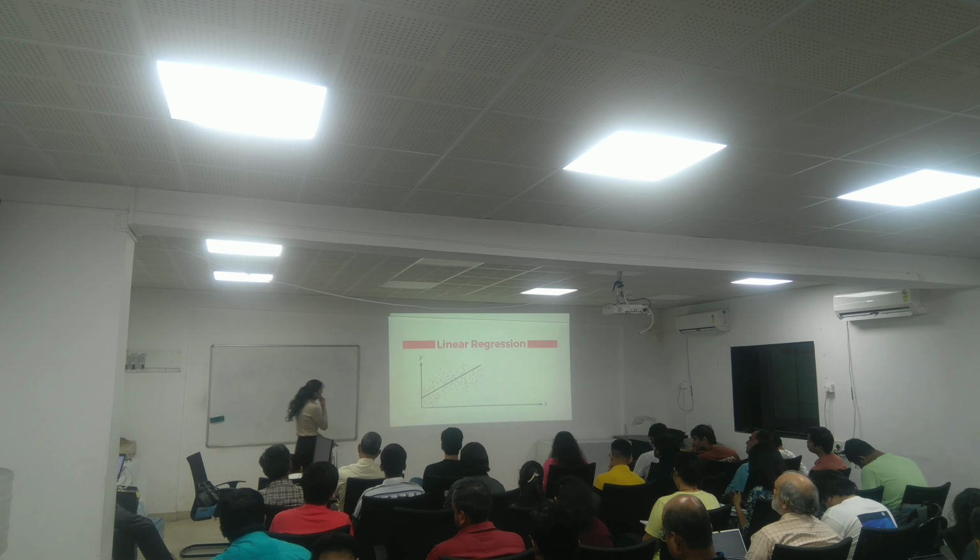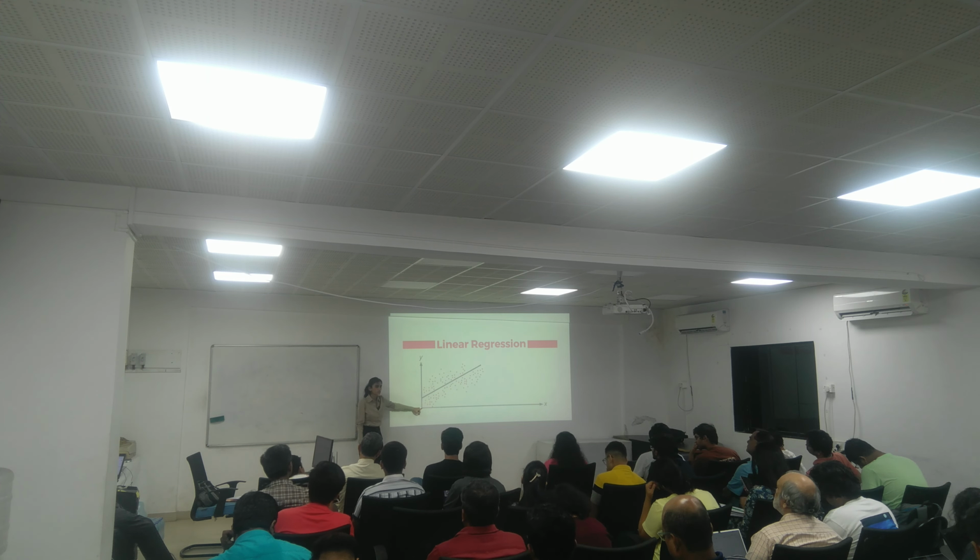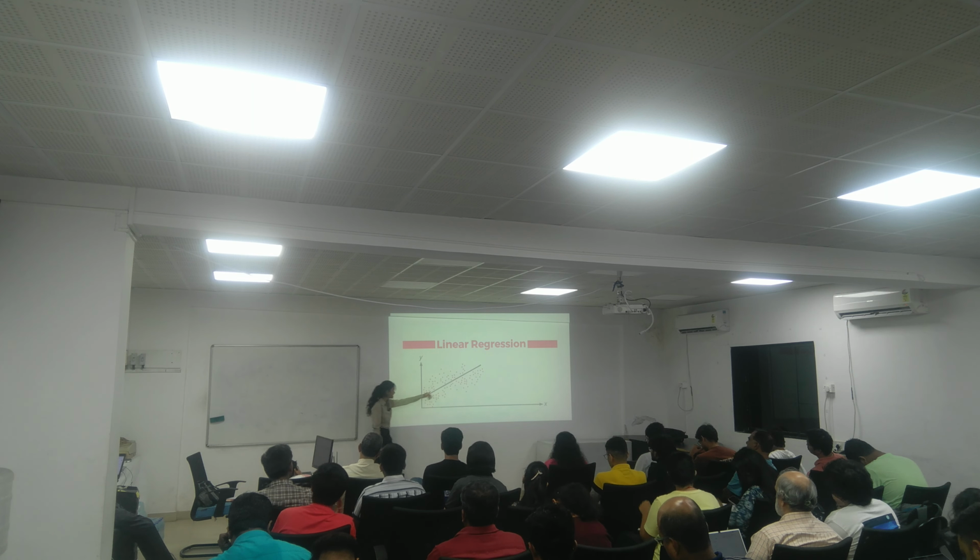So as you can see, this was like the age of the person and the salary of the person, and the line need not pass through the origin O, but rather we need to determine the slope of the line and where it cuts the y-axis. So in this